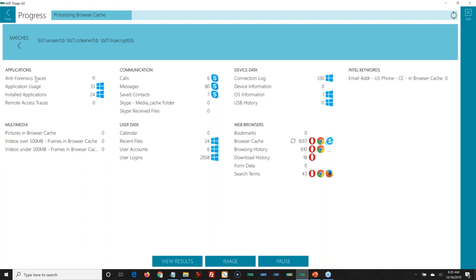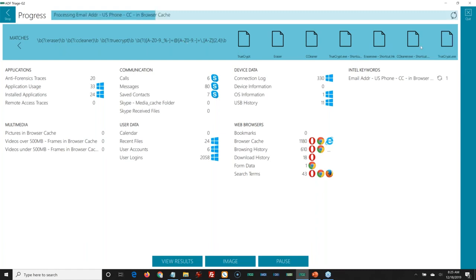If you combine this with some customized keywords and hash sets possibly, you could see where it really can zone in and get you exactly what you're looking for. Up on top, we have this matches pane. You can see that it's hit some keyword hits over on the side here, and then it's actually collecting some of the files that have had those keywords used in it. So this was just to give you a general idea. Like I said, I can go in and view the results here.